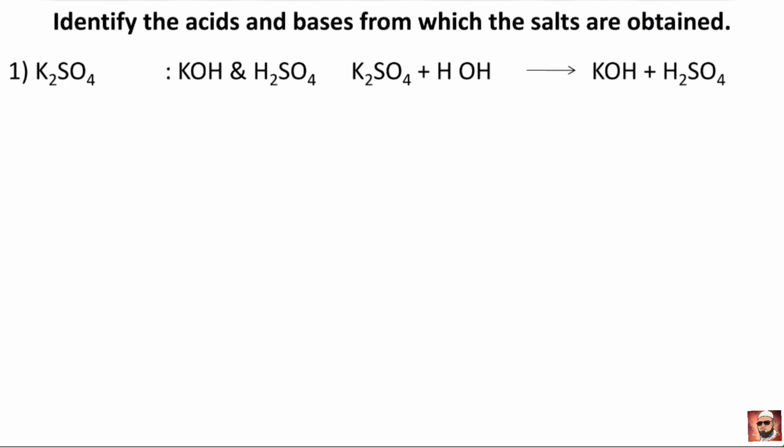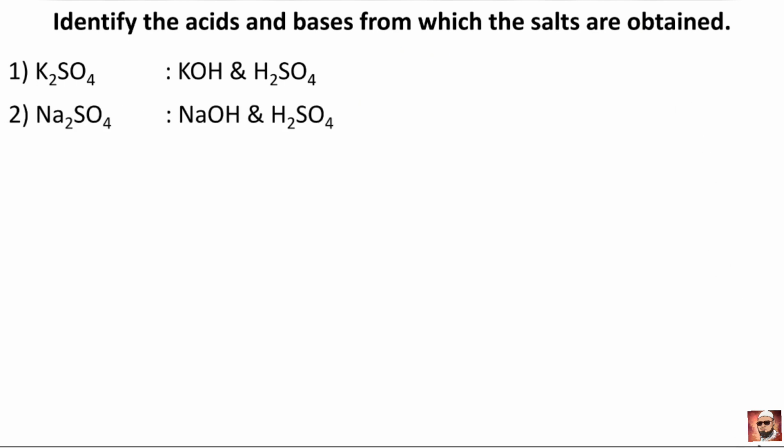Now here, if you observe the reactant side, in K2SO4 you can see two radicals, positive and negative: K plus and SO4 minus. In the same way, in water HOH, H plus and OH minus. So opposite radicals react with each other. K is positive, OH is a negative radical, so they combine as KOH and form potassium hydroxide. In the same way, H plus and SO4 minus, positive and negative ions, combine and form H2SO4, that is sulfuric acid.